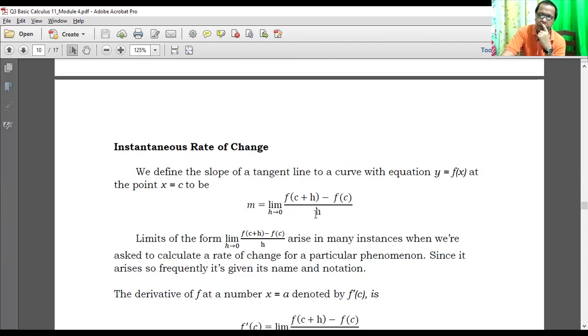For example, we all know that acceleration is a form of a rate. Velocity is also a rate. So you can find the change of velocity, the change of acceleration, in your physics later on. And we also have the change of time. Now, let's say finding the change of acceleration, then you can use this kind of